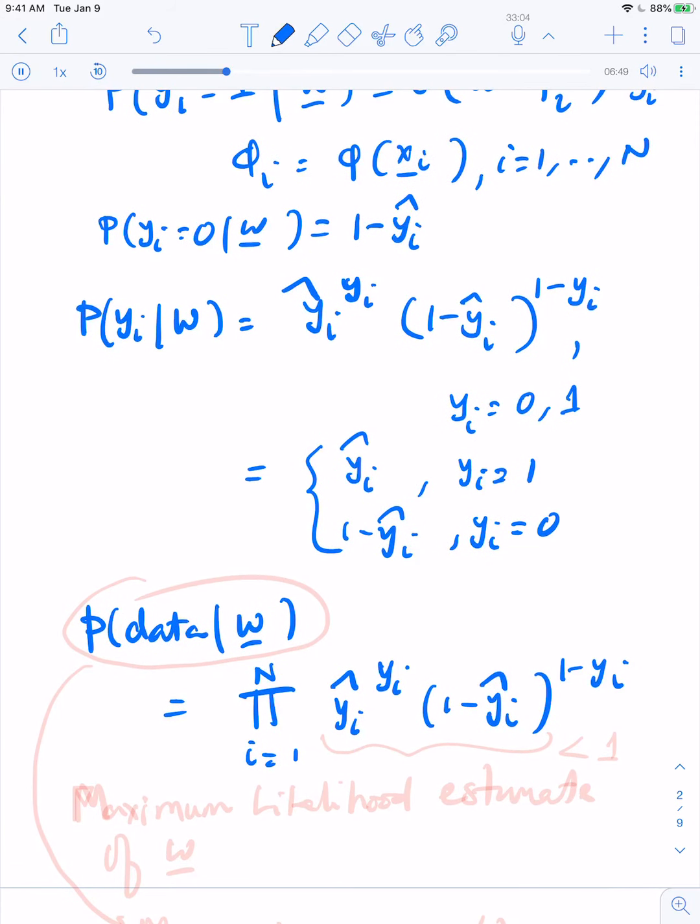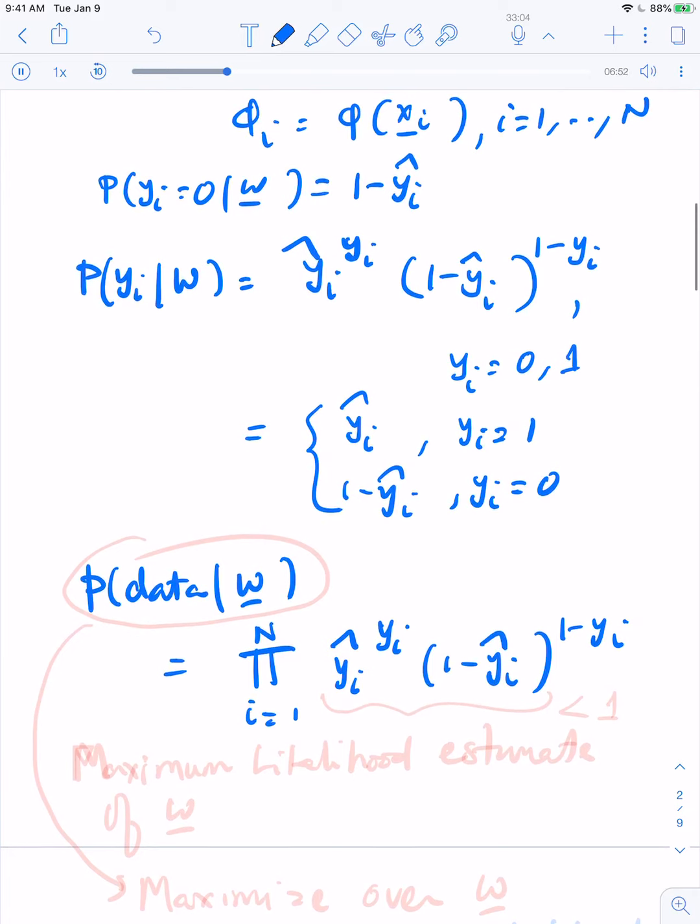So remember that I've computed these yi hats based on the feature vectors that I computed from the input data points and all that. So the input part is already reflected in this yi hat. And now I'm saying the labels have this distribution given a model. And so just like we talked about maximum likelihood hypothesis testing, where you try to maximize the conditional probability of the input given the hypothesis,